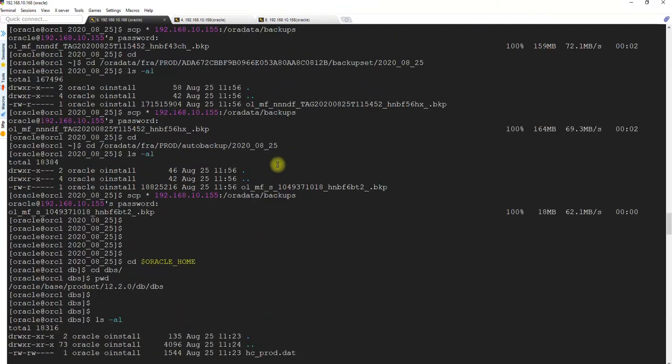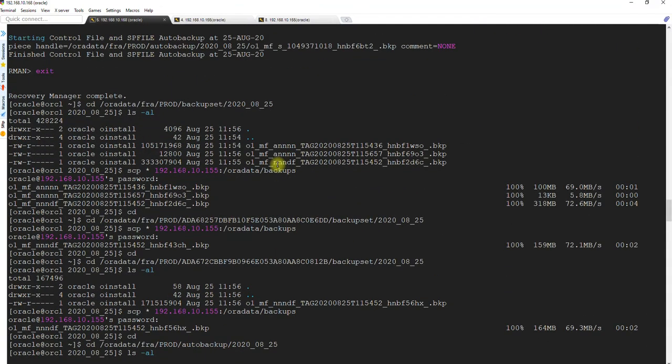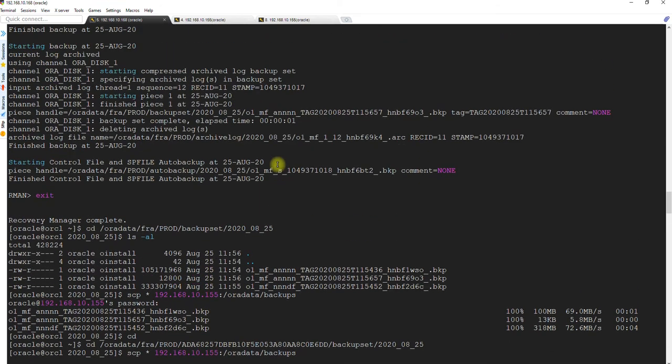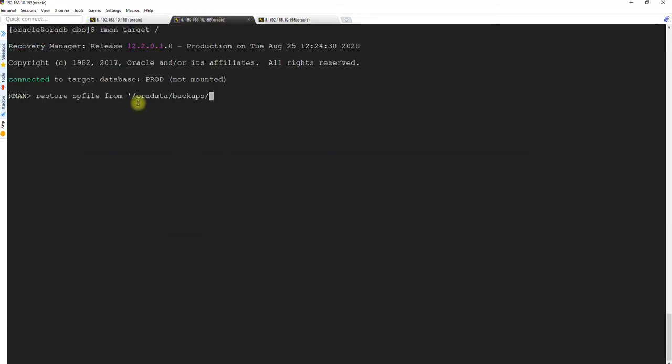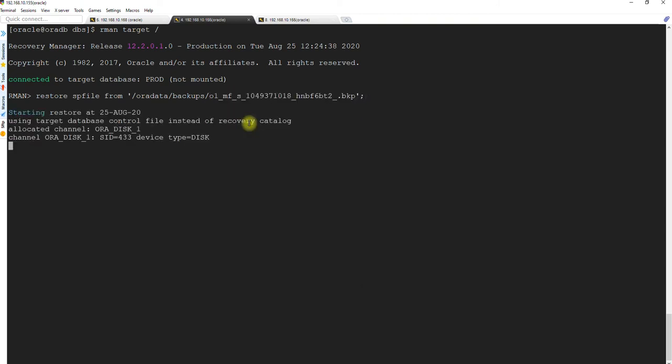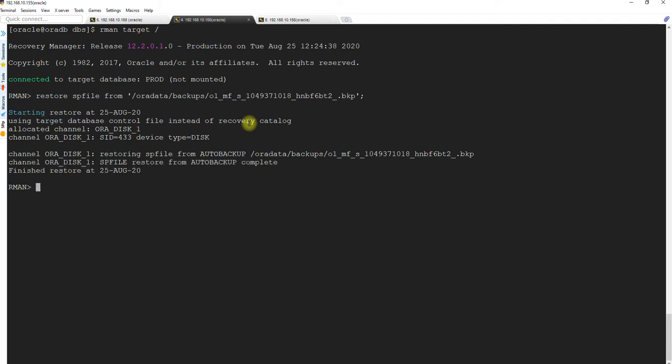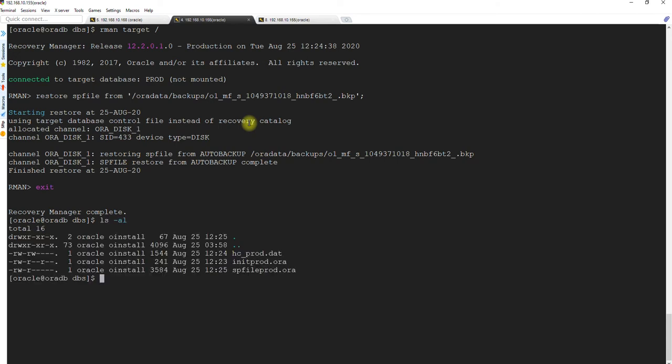So my one tip will be, when taking the backup, make sure to make an entry somewhere in your notes, wherever you want to, for the backups. Okay. This backup is important. As you see, control file and spfile backup are together. This is auto backup. This is the file. We transferred that backup. This is where it's going to locate, right? I was just looking for the specific file. Let it restore. So you will see that it's restored to the DBS location perfectly.